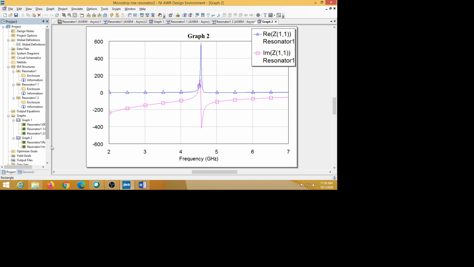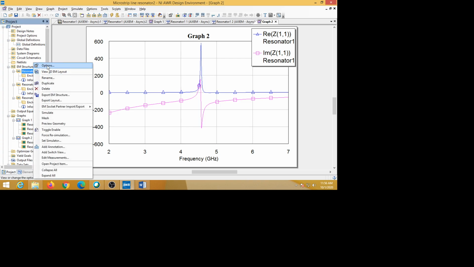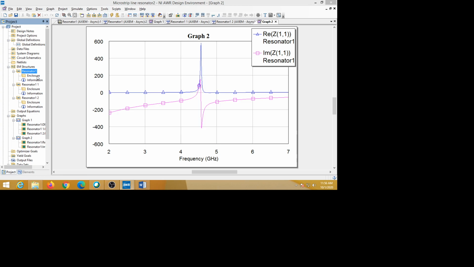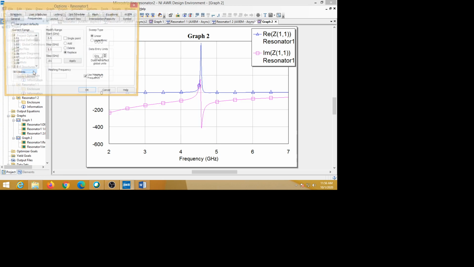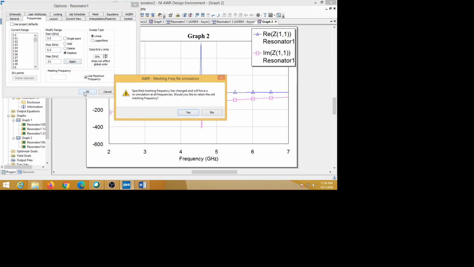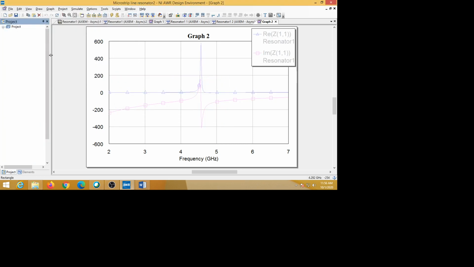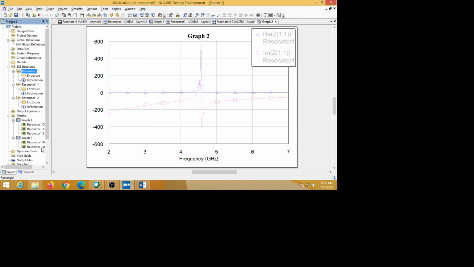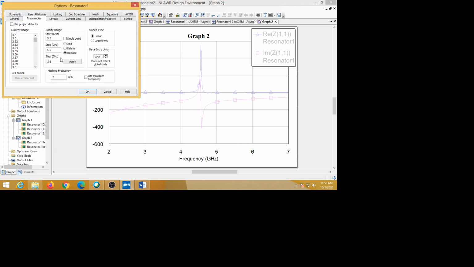Here also in the frequency we have to change it, apply here. This is 0.01, apply.